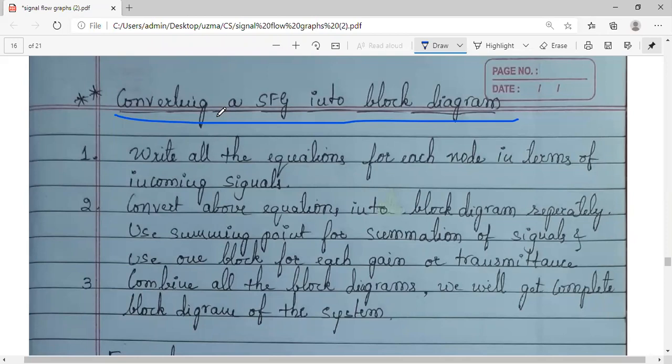In today's session we will cover this, and we will be starting with the problems on the block diagram reduction techniques to find the transfer function, and the signal flow graph problems also. So this week we will be completely focusing on the problems on block diagrams and SFG. Just like the case how we converted block diagram into signal flow graph, we followed certain steps. Just the same way, here also I have listed a few points which will make it easy to follow this and draw the conversions.